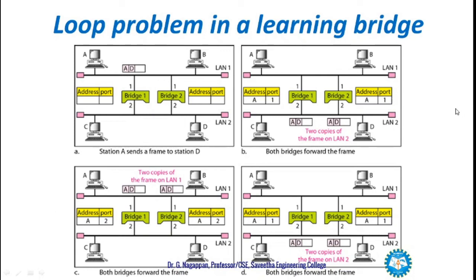Then if D sends some acknowledgement, it goes from LAN 2 to LAN 1. Two copies are created on LAN 1, which go out like a broadcast to all the connected devices. So again, two copies of the frame get transmitted on